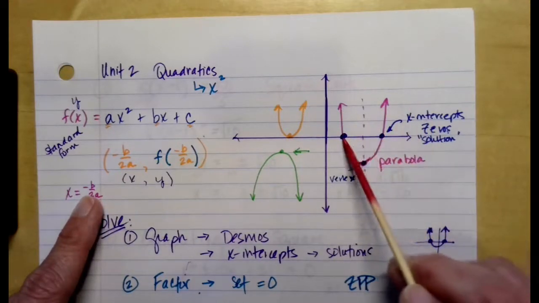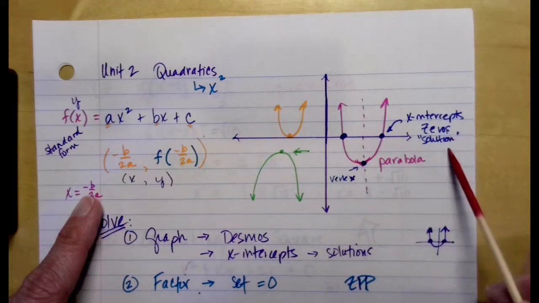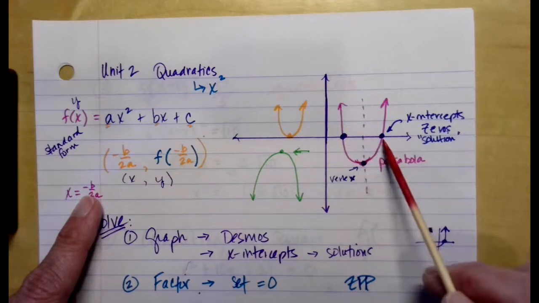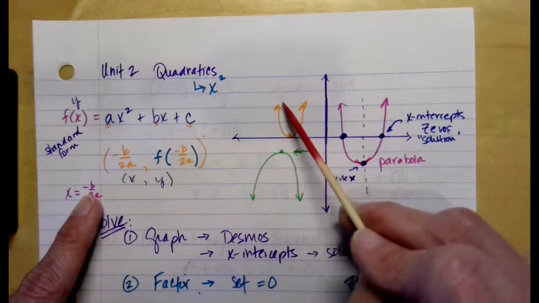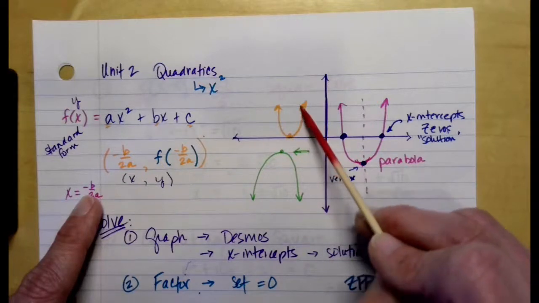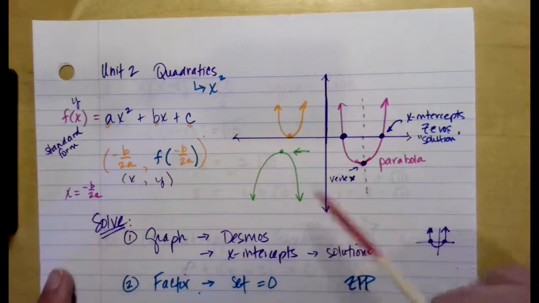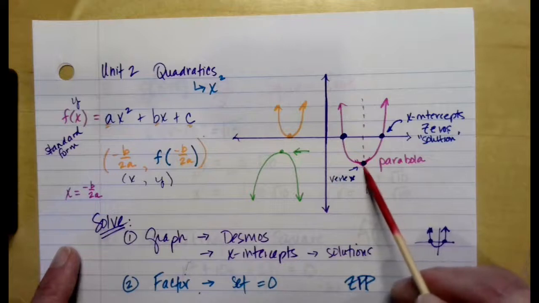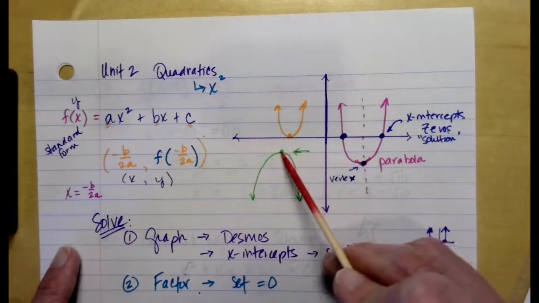Your x-intercepts, where it crosses the x-axis, are your zeros, your roots, and your solutions. Sometimes our quadratics have two solutions, sometimes one, sometimes none. Sometimes our quadratics are positive, up like a cup. Sometimes they are negative, down like a frown. The parabola has a vertex, and that vertex is the minimum of a positive parabola and a maximum of a